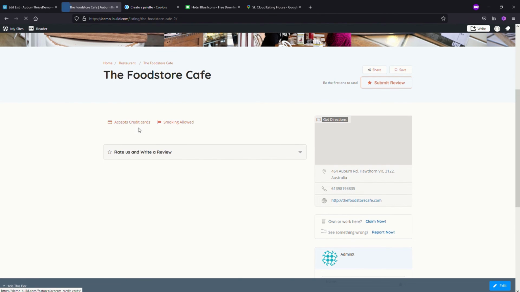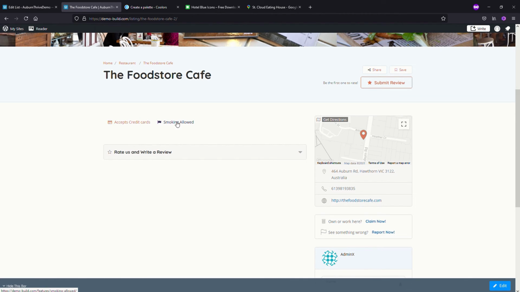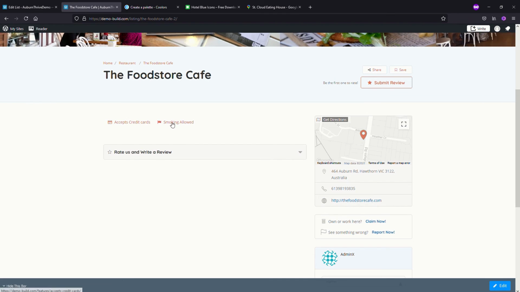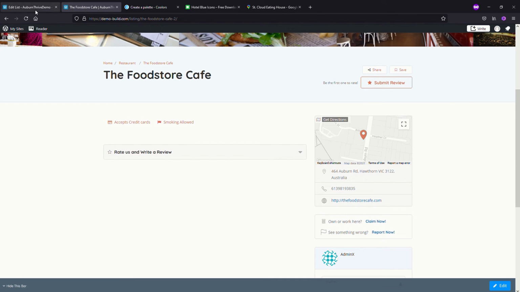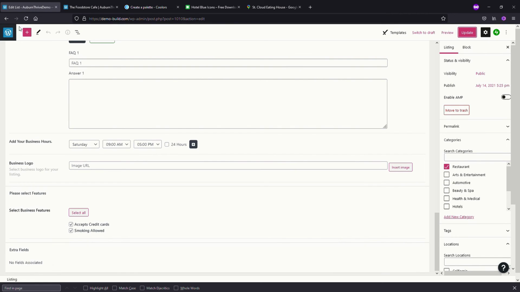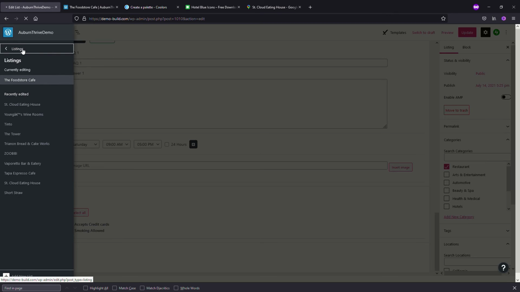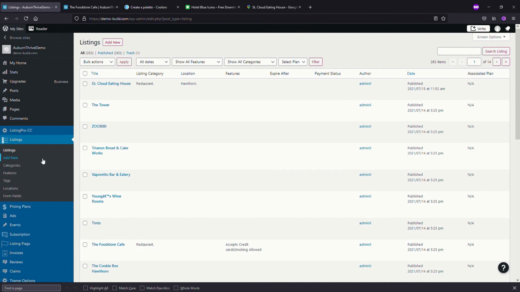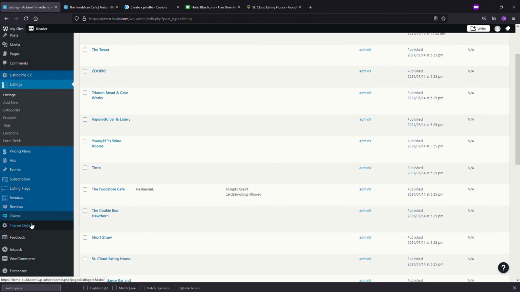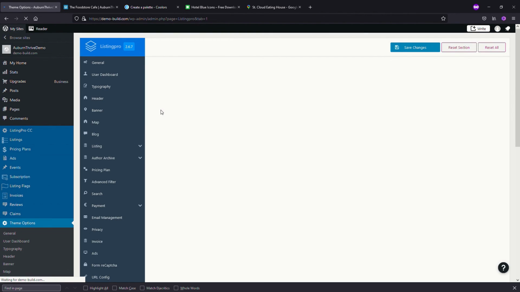You'll see that these features now appear. So now they are currently in this particular location. However, on the listings you can change where you want these features to appear as well. So to do that, we get out of here and we go down to theme options, and we go to listings,